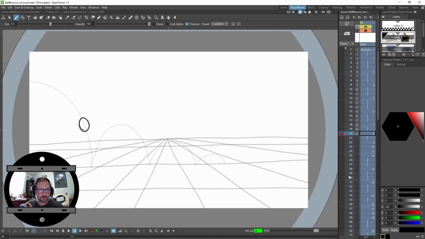Okay, so if you want to slow things down, like I feel this bounce is too quick in here, to slow it down we're going to need more frames, but that's going to mean we're going to need more drawings. So on this one, for example, I would add a drawing in here between these two, and maybe it's slightly stretched out some. It comes up, and then